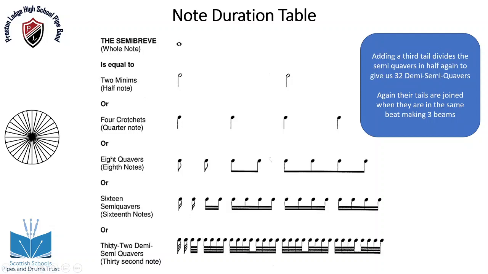And then the last one, 32nd notes, or 32 demi-semiquavers. Filled in note head, stem and 3 tails this time, or 3 beams. And remember again, the beams represent the tails. And you can see here, a pizza has been well and truly cut up now. Okay,